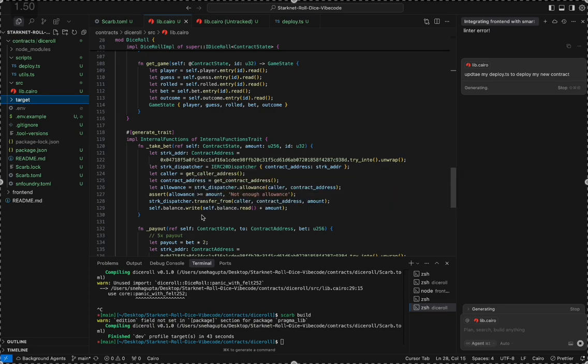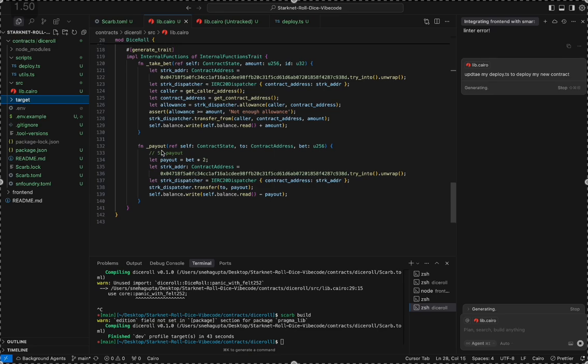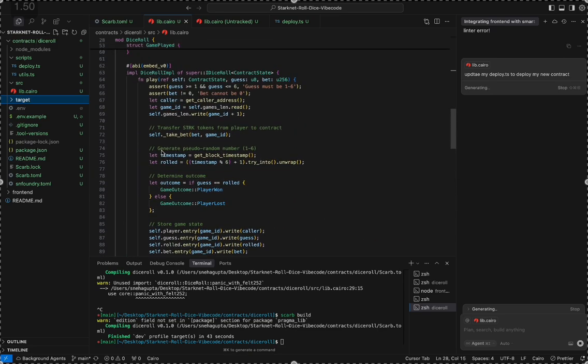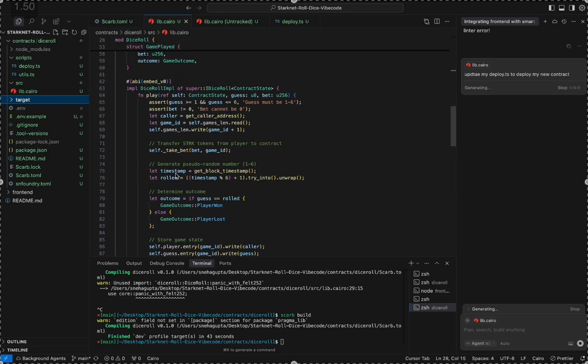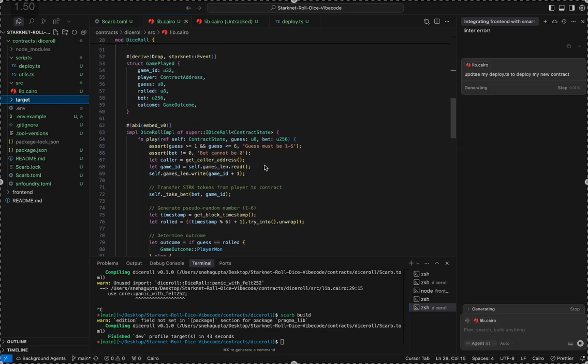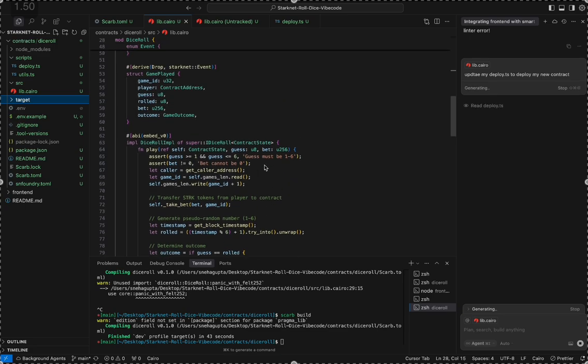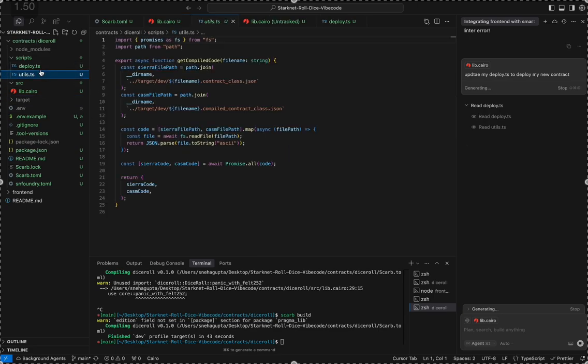Checking the allowance, transfer from, okay, got it. And next is the payout. Okay, it's generating a sort of random number rather than using the VRF. Got it. Taking quite a lot of time. However, I can just go and